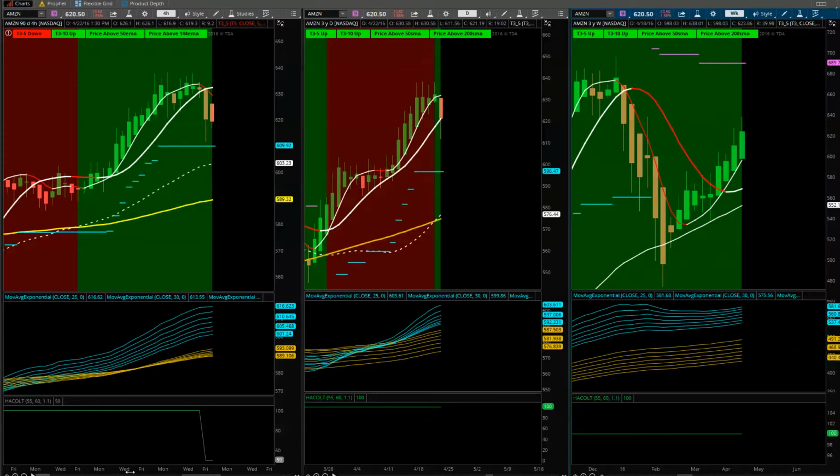For this trader, if I was looking to get into any long position in Amazon at this point, I would definitely want to wait for the Heikin Ashi bars to go long again, solid body tail up. Then I know that my short-term trend is continuing to hold upside. I then jump over to the daily picture, where I see the T3 moving averages holding upside, and a confirmation of the 50 and the 200 SMA on the daily now crossing over,